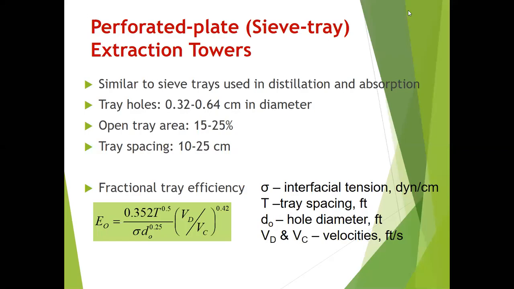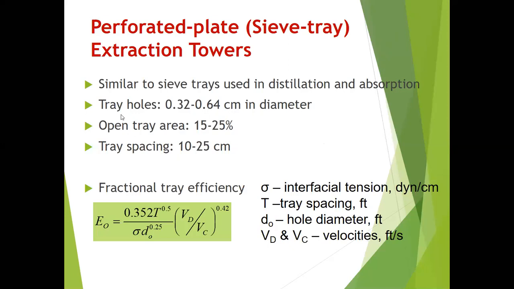Our perforated plate or sieve tray extraction towers are similar to the sieve trays that are also employed in distillation and gas absorption. The tray holes range from 0.32 to 0.64 centimeters in diameter, so they are very small. And the total open tray area should only be 15 to 25% of the entire tray area, meaning the open